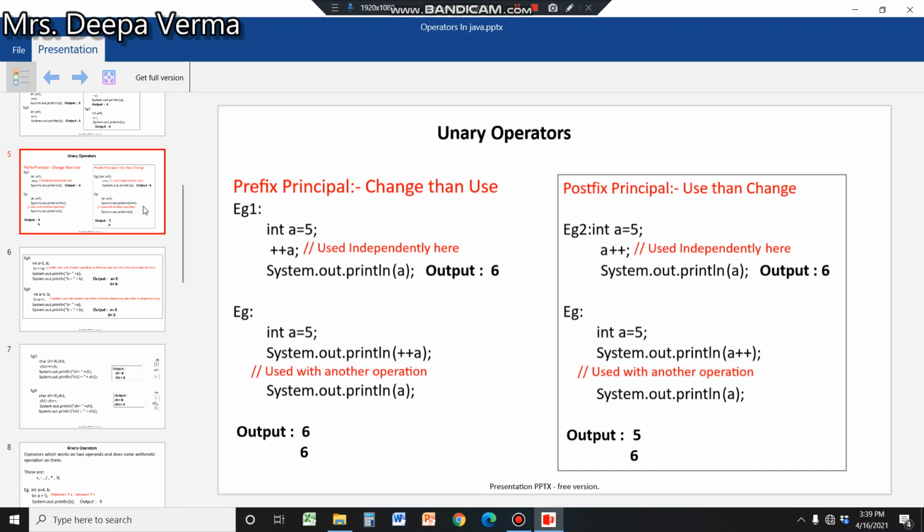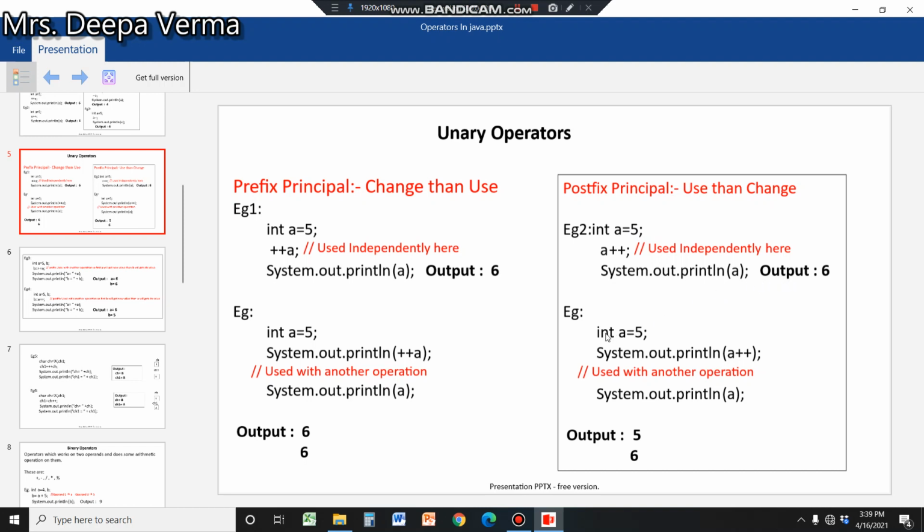Now you will understand in this example int a is equal to 5, plus plus a, System.out.println. As you have understood, the answer is 6. And in another example you see a is 5, system.out.println plus plus a, it has become 6. And then when we are printing a, it is becoming 6 only in memory. But with postfix you see its execution is a little different. Int a is equal to 5, a plus plus. So here a is 5, in this line it has become 6. And when we are printing, it is becoming 6.